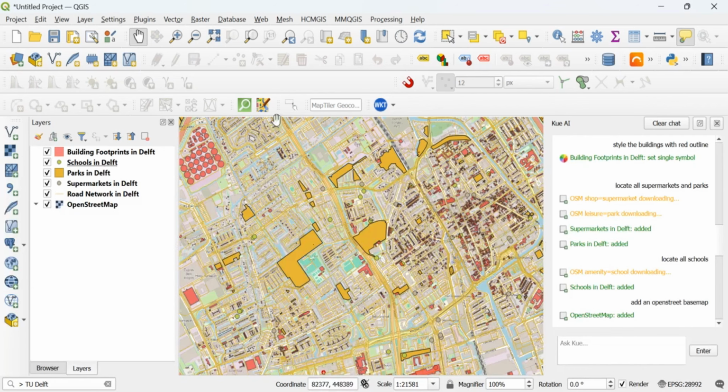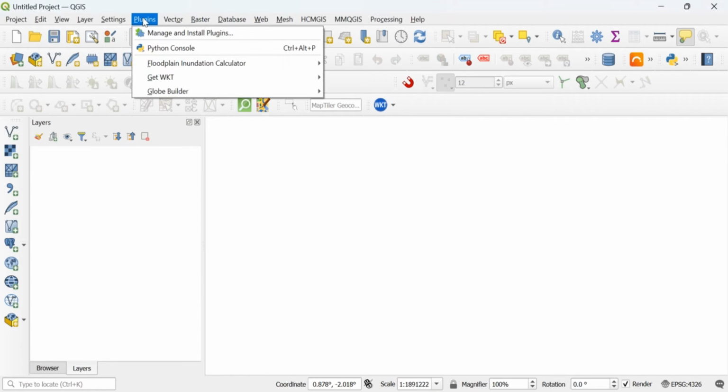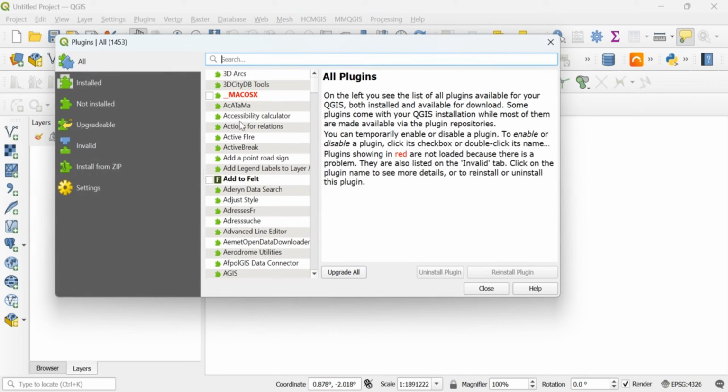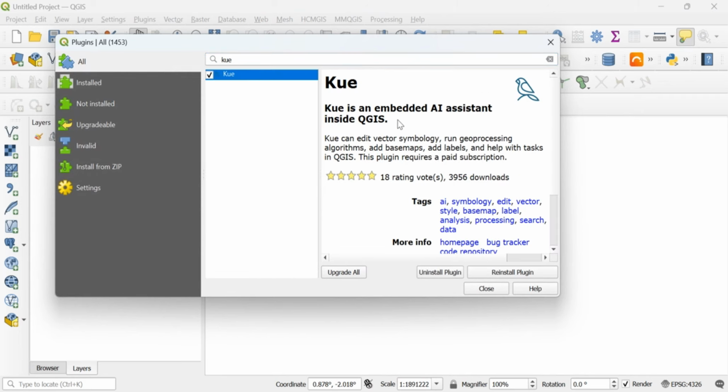So this is it. I will just zoom in. I tried my hands on some prompts, but I'm going to start afresh so that you could see how easy it can be and how difficult it can also be in terms of using it for some basic baseline analysis. Yes, so let's try our hands. The first thing you should do is to install the plugin by going to plugins, and if you look for Q, you see that I've already installed it.